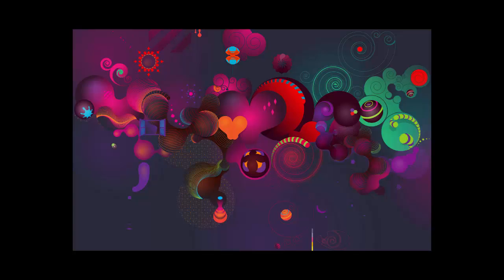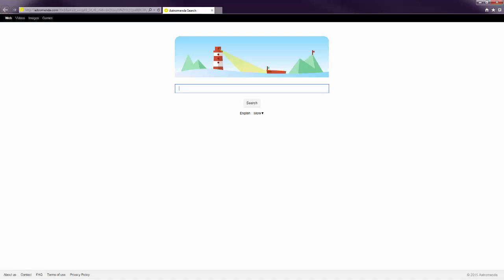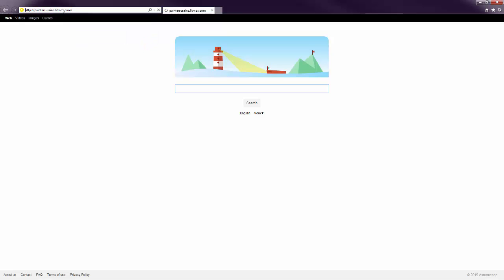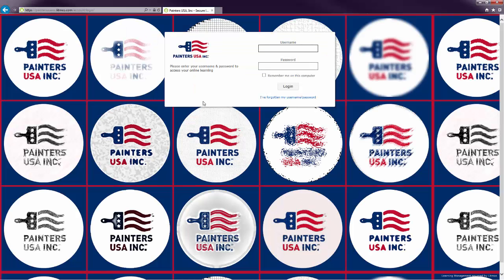First, open up your web browser. It can be Internet Explorer, Google Chrome, or whatever web browser you decide to use. Now, in the address bar, please enter the portal address exactly how described. http://paintersusainc.litmos.com and hit enter. And this should take you to the Litmos sign-in screen as you see here. Now, if you enter www before the portal address, you will get an error message. So make sure you leave that out and just put in the